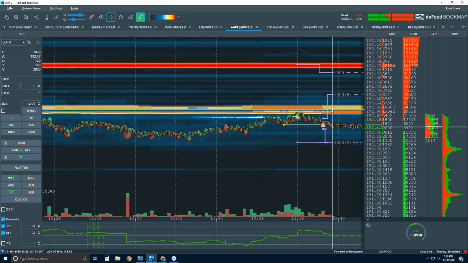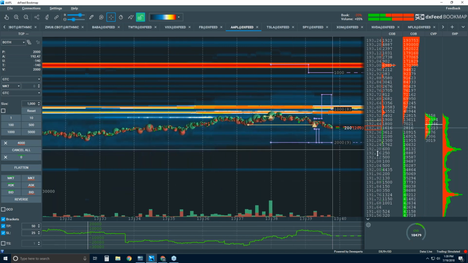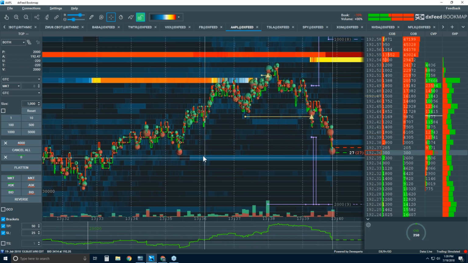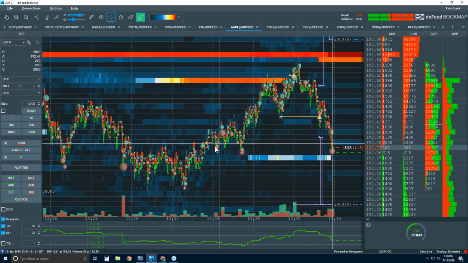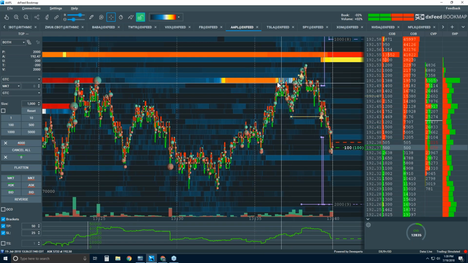Actually, let's see if we can even get up in here into 160. So the pullback's actually showing some size on it here. As you can see, the sellers are coming in, and so this might be all she wrote here. It might be kind of a double top here,